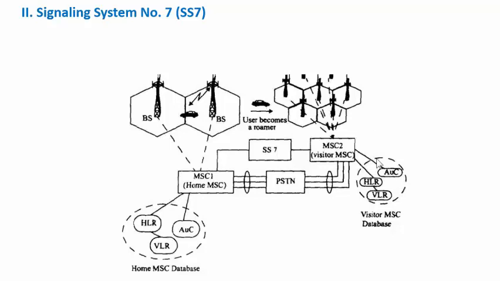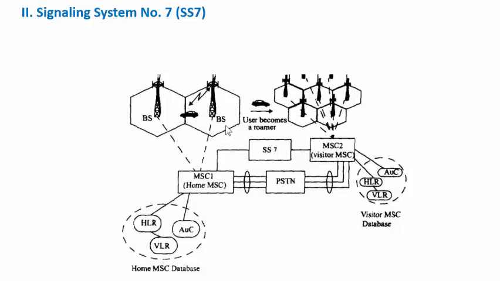This SS7 block is responsible for signaling and communication purposes. MSC1 is located in one network and MSC2 in another network. In brackets, MSC1 is the home MSC and MSC2 is the visitor MSC,